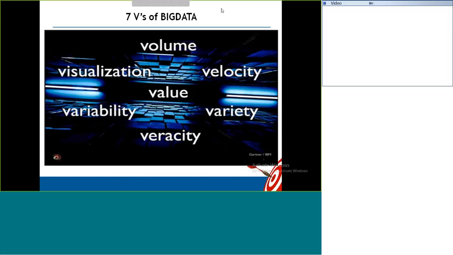You have to wait half an hour or 45 minutes because everybody is sitting. Now they have improved the scalability of the servers, and now you are able to do it. So that is the best example of these things. Volume: when the volume in terms of storage and processing increases, your systems may not be able to store and process such a huge data. Velocity: Twitter and IRCTC are the best examples for this.